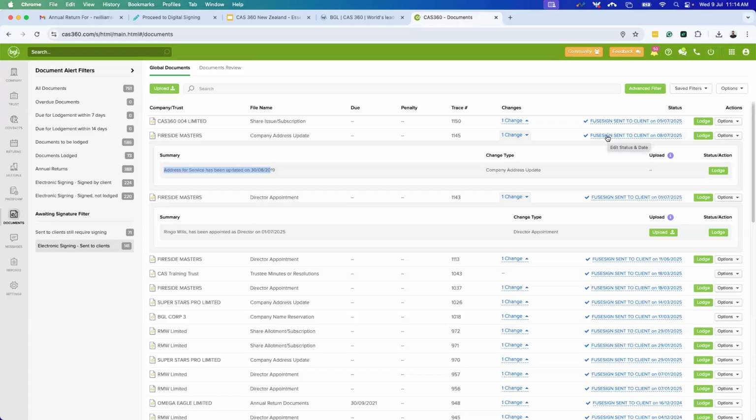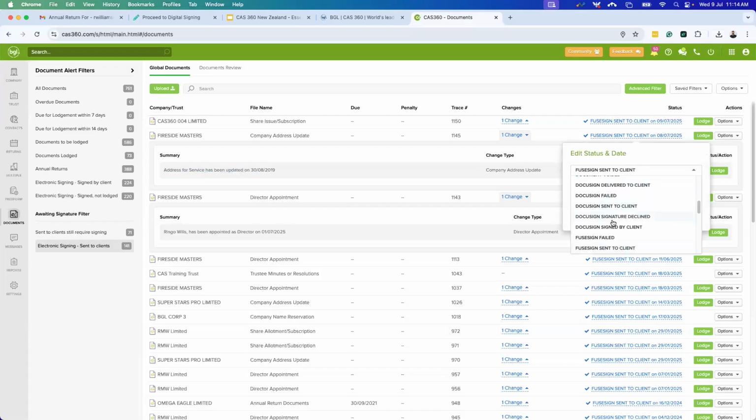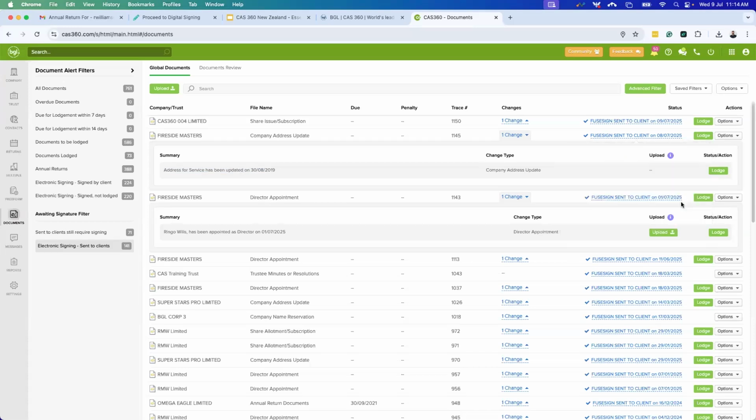Now, what you will be able to do is you can click on the status and you will actually be able to choose to set that as manually filed. You can also choose what date that took place on, and once happy, hit save. Now what you'll see is that status will be changed over to manually filed, and now you know whenever you're trying to filter out a particular item you might be trying to chase up on,